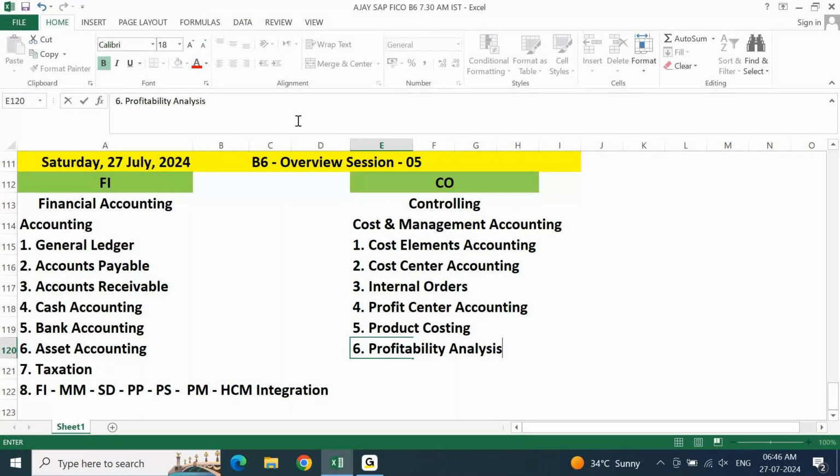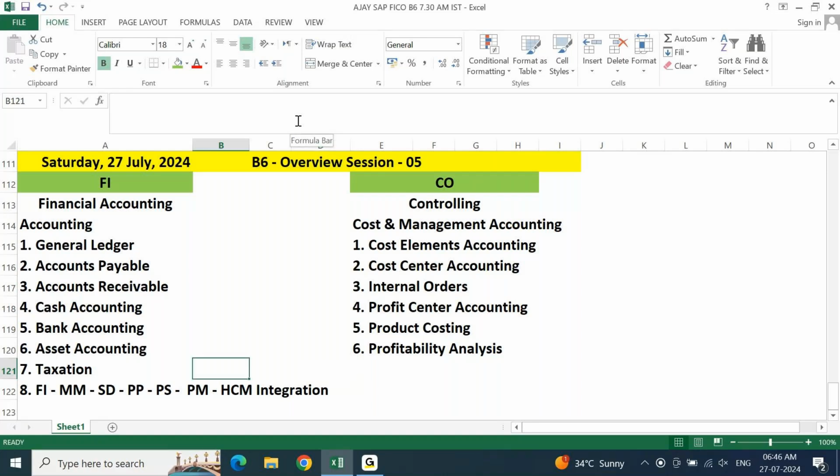These are the submodules when we talk about the controlling module, and these are the submodules when we talk about financial accounting or the FI module. Now from this, what we need to make sure is that first of all we are aware of these fundamental submodules before we know what is inside each of the submodules. At high level, when somebody asks what is there in FI, what is there in CO, in short, what are you going to learn in the SAP FICO module? Make sure you're at least aware of these things. Don't talk about the configuration steps. Instead, you have to talk about these fundamental points. These are the submodules within FICO from both the FI point of view as well as the CO point of view.